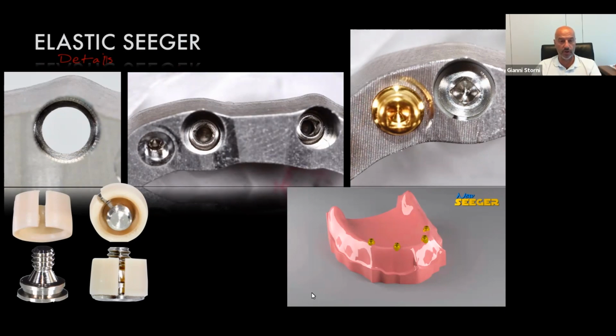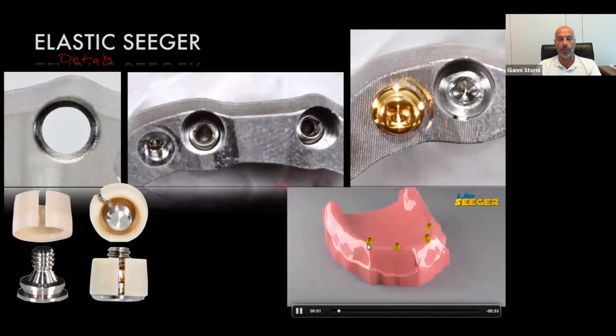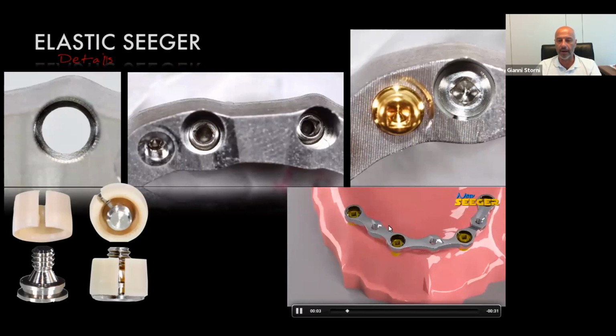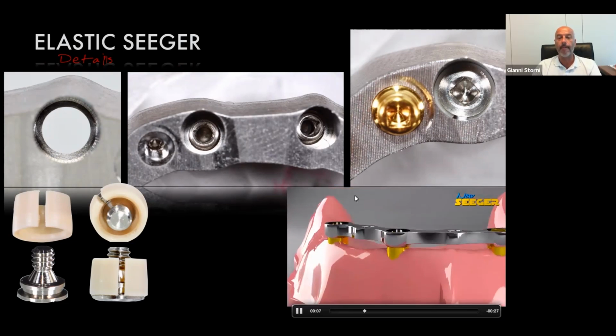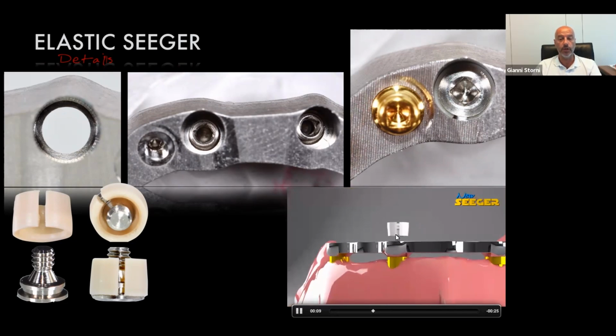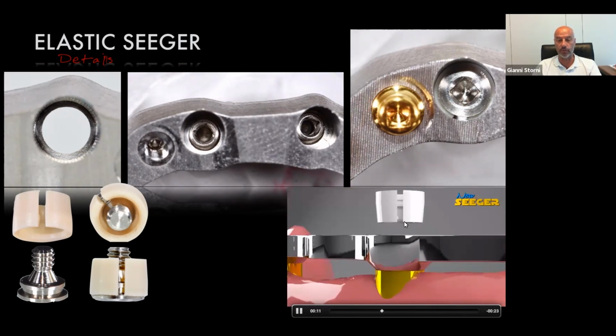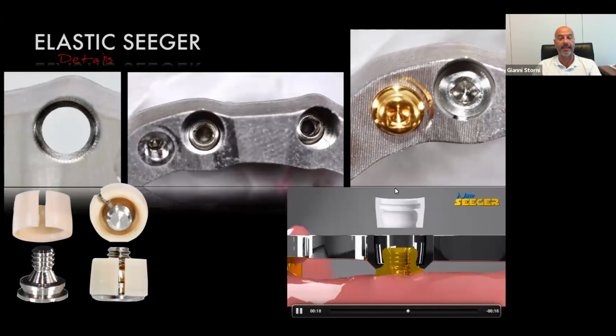Here there is also a video that shows you how it works. You see the bar placed without the PEEK ring, and you insert the PEEK ring to stabilize the bar. The bar will click, and the titanium screw will lock